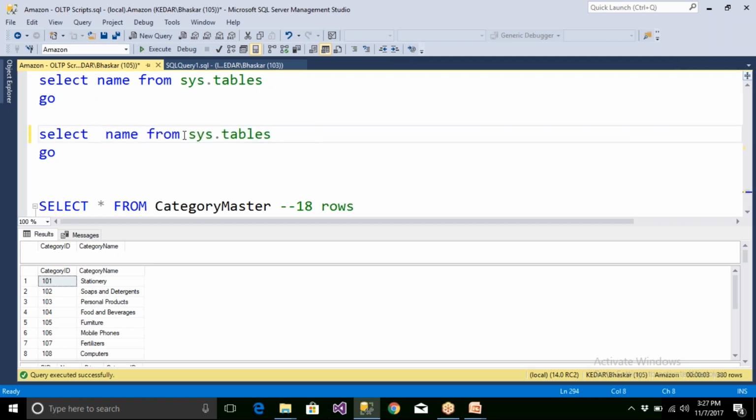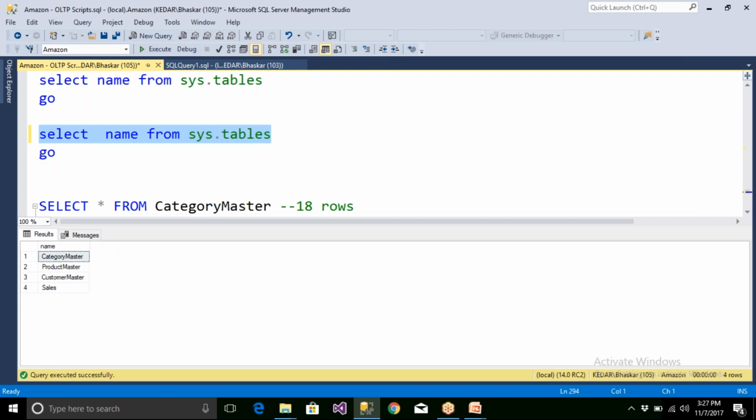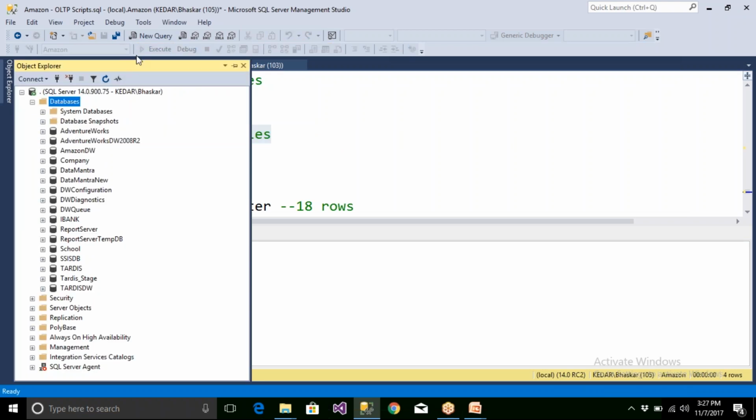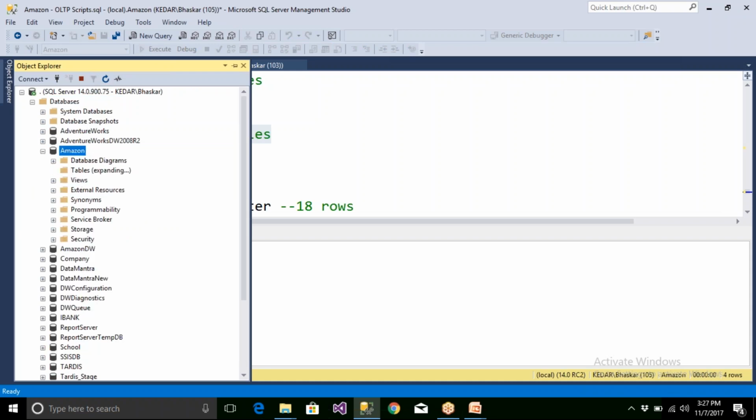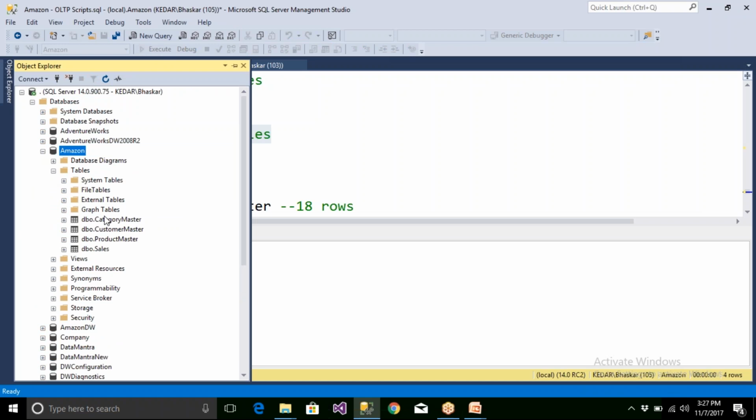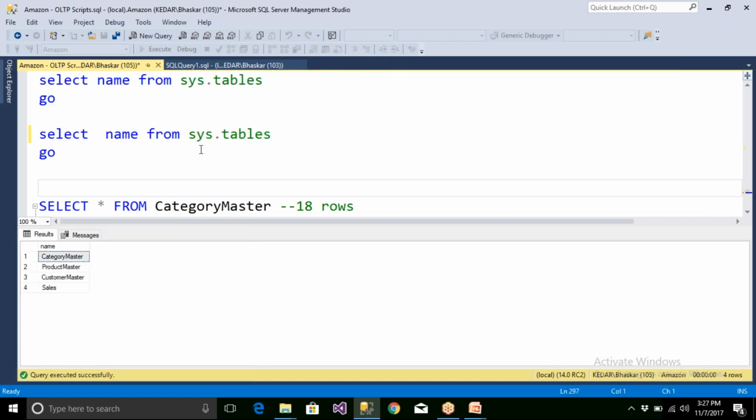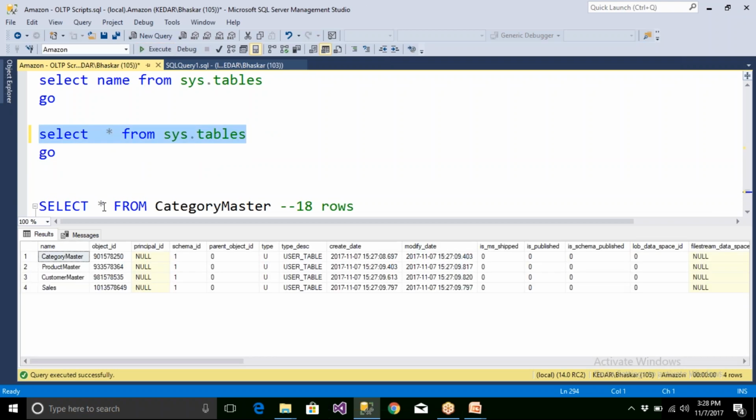Normally there is a system table, and in the system tables you're going to find all the tables in the Amazon database. These are the tables we have. You can also go here, refresh, and see the Amazon database, which is the OLTP database. You have these four tables, and these four table names are available in system tables. You can say simply star, which means all the columns from the system tables, where you should be able to pick up the complete list.